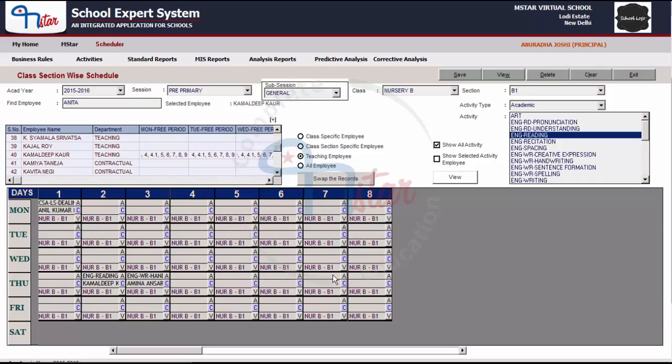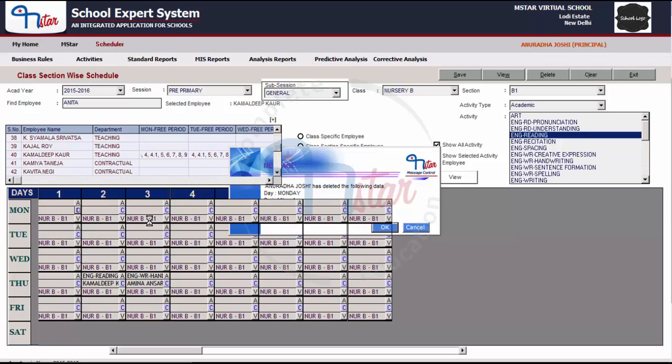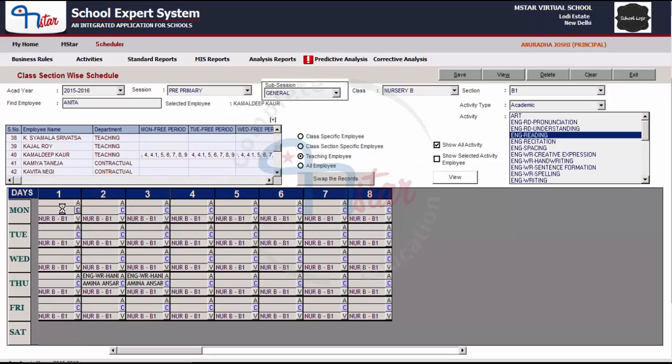There is no requirement to click on the save button to save the timetable, and as you click on the A button, it automatically saves and associates the timetable. In the grid, the C button is available to clear the timetable. So for example, if we want to clear the particular teacher and the subject from the period number, click on the button C and it asks for the information to permanently delete. Click yes, and it gives us the message for the confirmation of deletion from the period. Click OK, and the period is now again free.